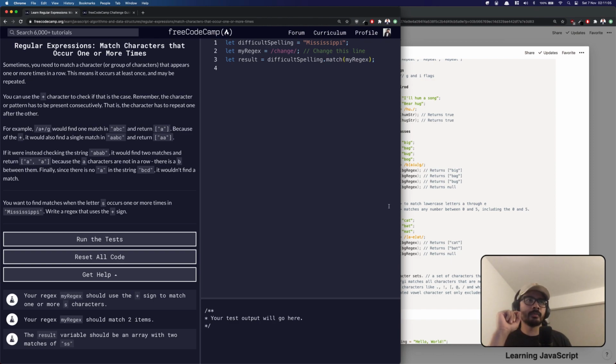For example, A plus global would find one match in ABC and return A because of the plus. It will also find a single match in AABC and return AA. If it were instead checking the string ABAB, it would find 2 matches, returning A and A, because the A character is not in a row, there is a B. Finally, since there is no A in the string BCD,